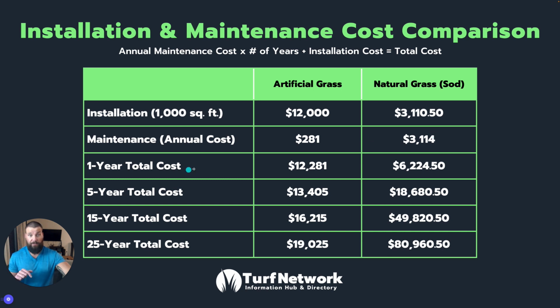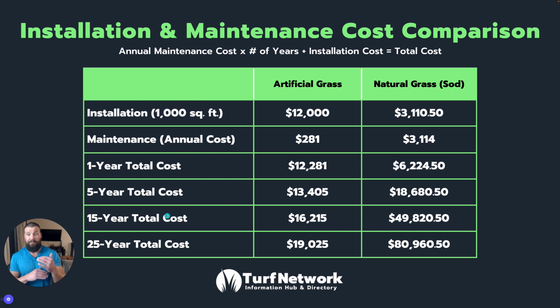The 1 year total cost, artificial grass is basically double the natural grass, and at 5 years, you can see natural grass has already far surpassed by about $5,200. So after 5 years, artificial grass is at $13,405, and natural grass is at $18,680, and the gap just continues to widen